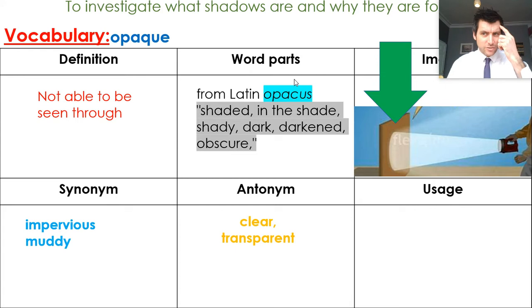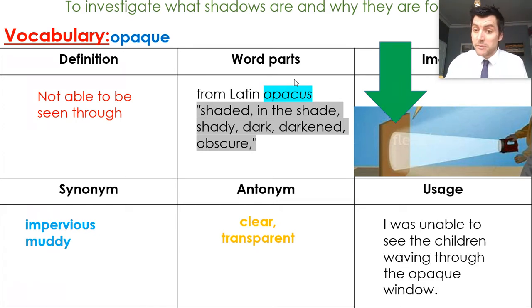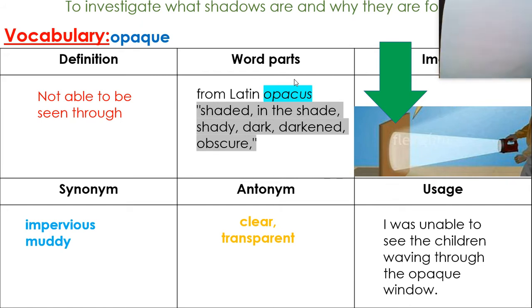And transparent is a really good word to keep in your head for later because we'll be looking at that word's meaning and its usage later. The usage then for opaque, we could use words like I was unable to see the children waving through the opaque window. You can see me because my camera has got a transparent lens. However, if I had an opaque object in front of it, you wouldn't be able to see me,